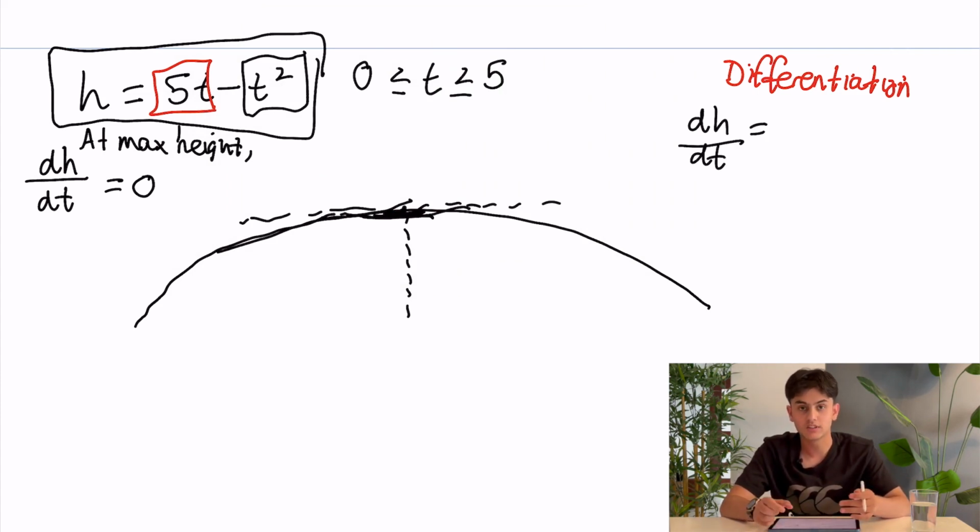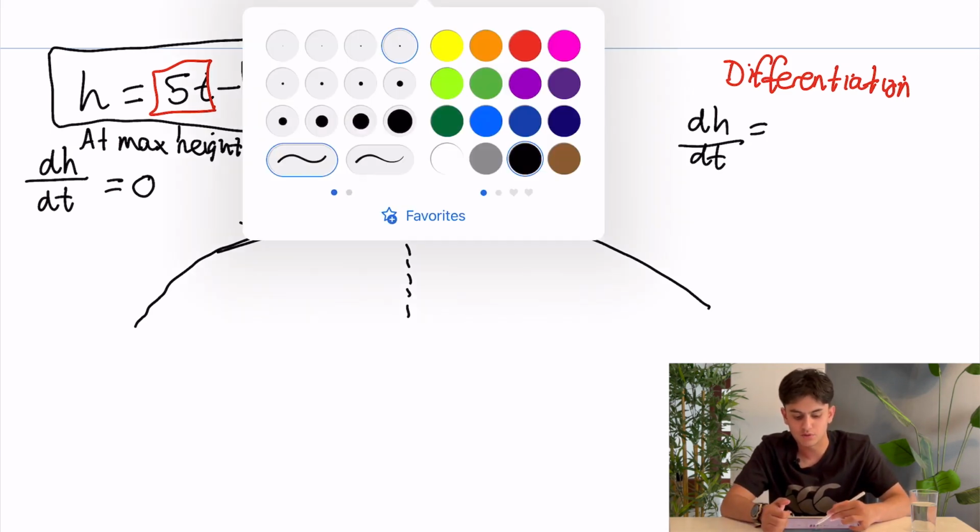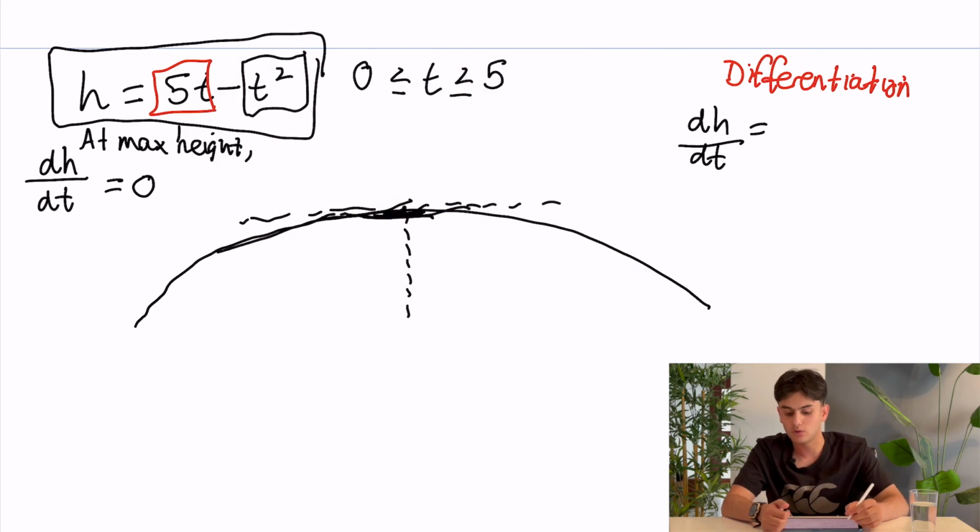And that will give us the instantaneous rate of change in the height of the ball at any given moment, and it will be in terms of t. Now, in order to do that, we have to use a rule, which we call the power rule. So with our power rule,